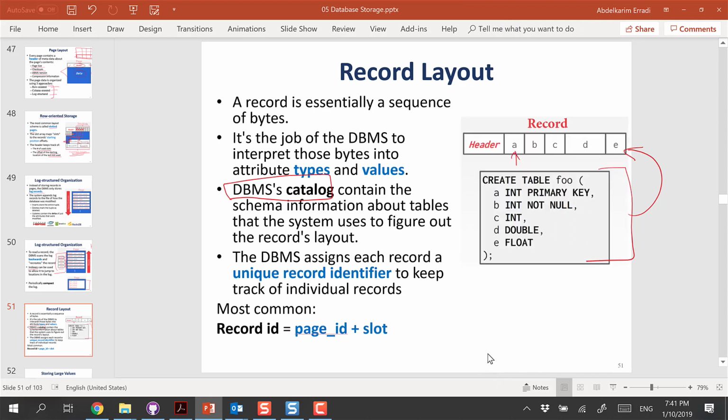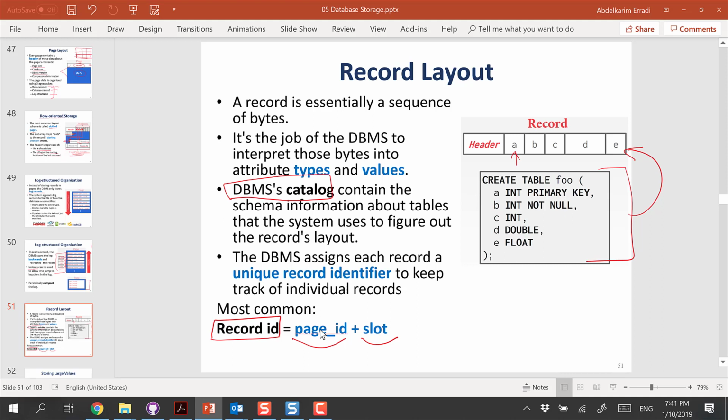Now, just one more thing I want to highlight here, that every record will have an ID. This is not the primary key that you created, or let's say student ID or customer ID. No. You can have your own primary keys, doesn't matter. Database internally creates a record ID for each of the records. And typically, the most common way of doing it, the record ID will be the page ID plus the slot